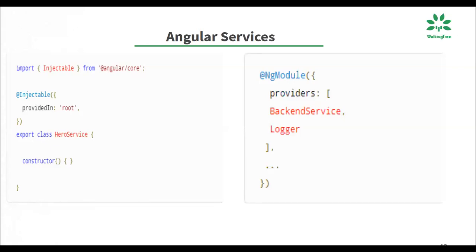There are two types of change detection, default and OnPush. As metadata, you can set change detection as OnPush. With OnPush, it is called only when there is a reference change, and using the ChangeDetectorRef, which we can inject, which is also in the core module,